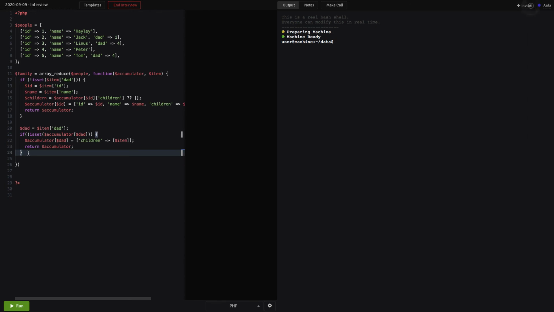So when we hit a child, there are two ways that we deal with it. We either have not hit the father yet, so we pre-create the father and we add the child to him, or we have already hit the father. So let's say we're on Tom, so we already have Peter in our accumulator. So all we do is this time we add the child to